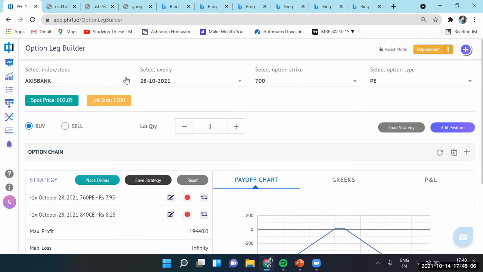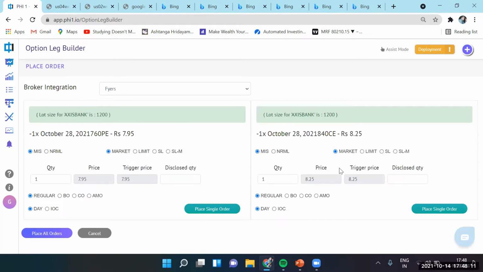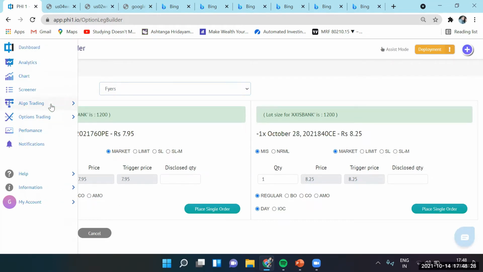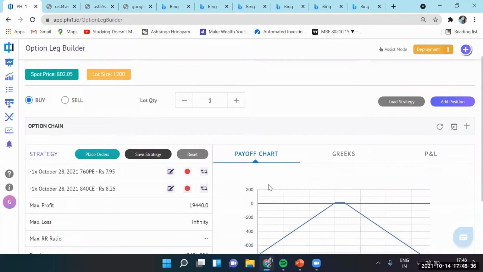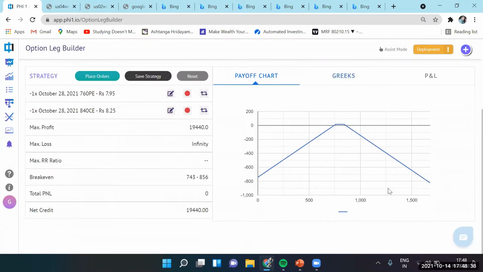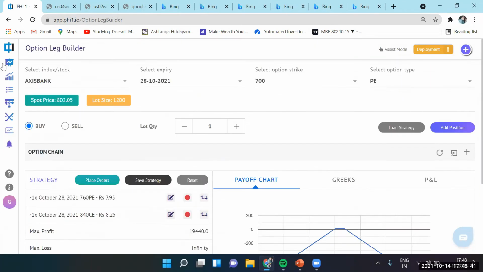It's a graphical drop down selection for you, and you are ready to place your order. You can change anything here, change the lot size, change the market order, limit order, however you want to place your trade. You just select your broker and you're ready to place your trades. All of them, it could be a 6-leg strategy, and all the trades get fired with a single click. All right, let's come back to our, and just cancel it. And your payoff charts are auto-adjusting, your Greeks are always auto-adjusting accordingly.